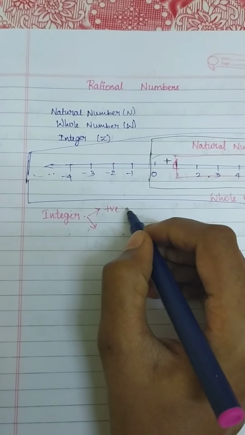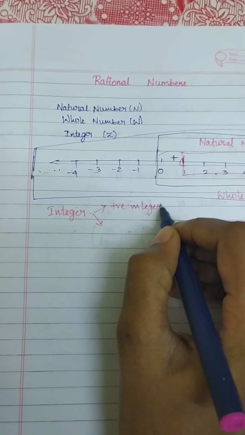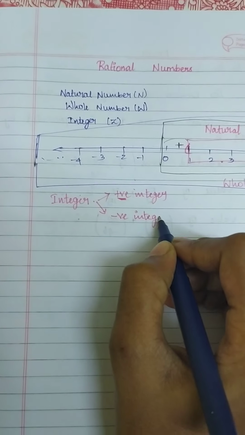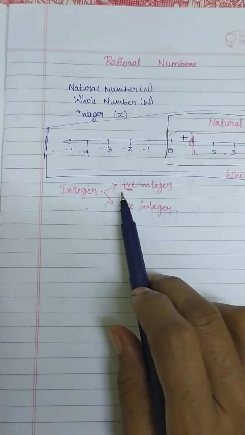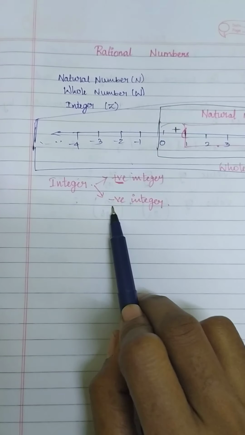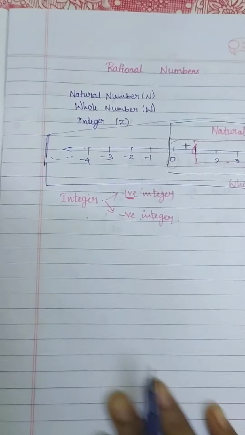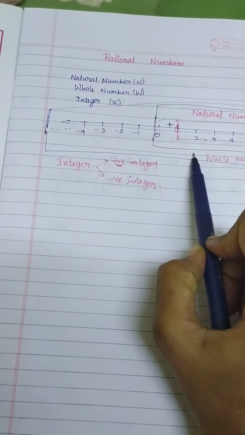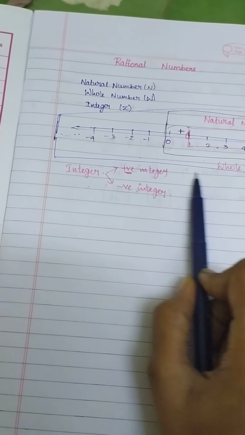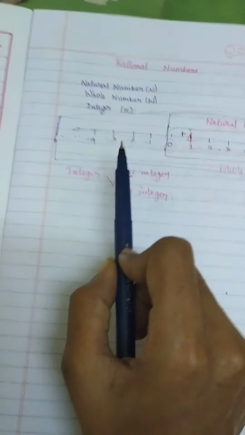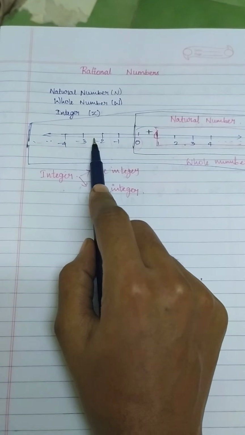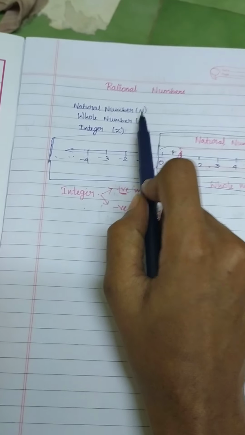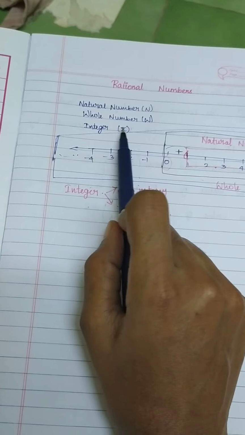In integers we have a positive side as well as the negative side, so that is called a positive integer. In short form I represent positive like this. Then negative integer, because we have a negative number. 0 is neutral. So natural number means positive numbers. If I add 0 here, it is a whole number. Then the overall positive as well as negative gives an integer. This is the basic concept of your number system. So I can write natural number for capital N, whole number for capital W, integer for Z.